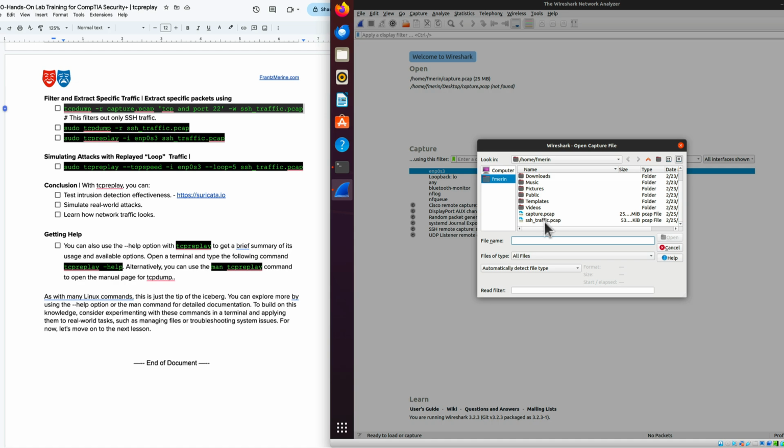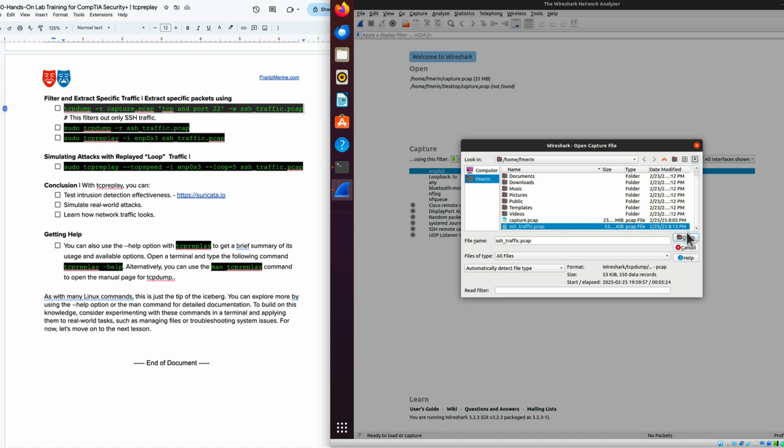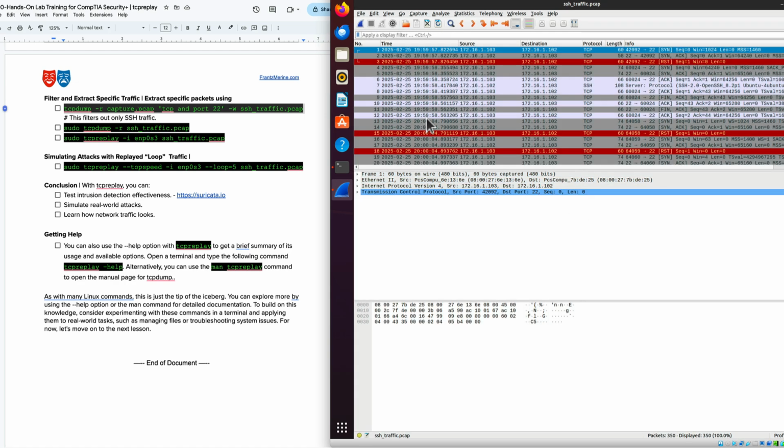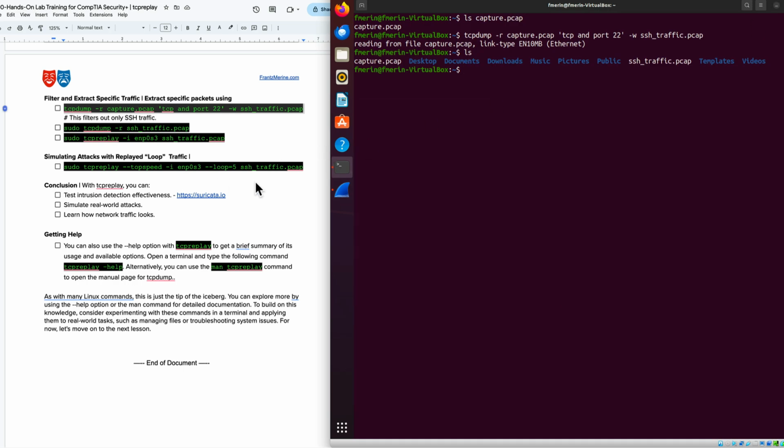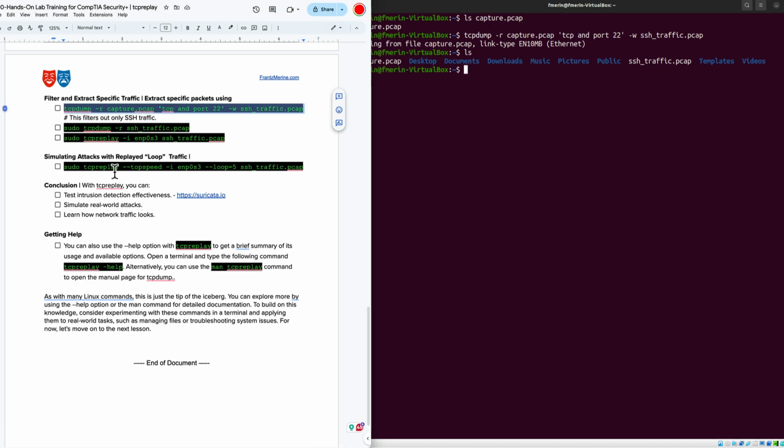There's the capture file. This is the SSH file we just created, and this is strictly SSH traffic. So if we needed to get SSH traffic, we can pull it out and then we can replay it using Tcpreplay, the point of this tutorial, and actually go ahead and run that